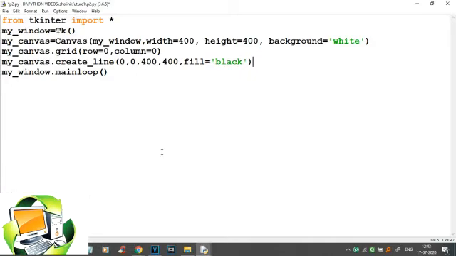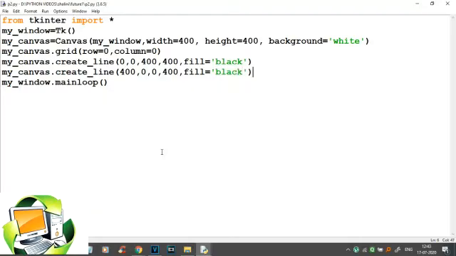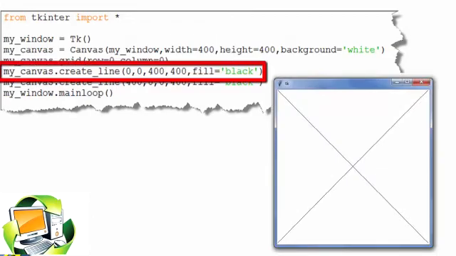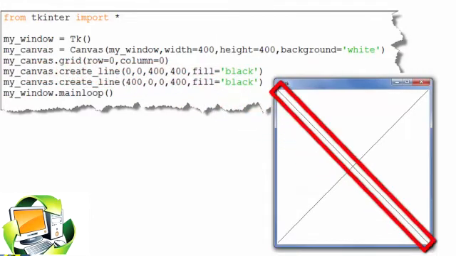Now if I add one more statement to create a line where the coordinates are 400, 0 and 0, 400, and I use the fill as black. Now when I run the program, the output is as follows.